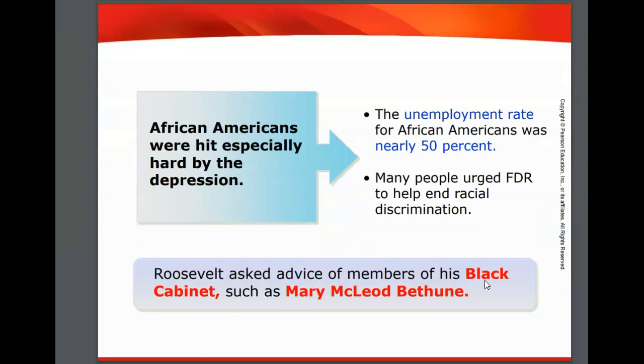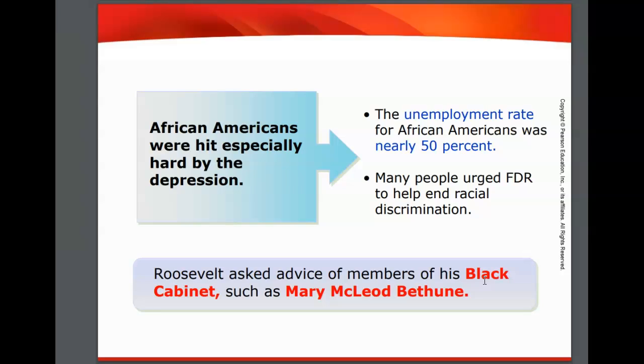All right, moving on. Next group that was largely affected were African Americans. If you recall, when the Depression hit back in the early 30s, African American workers were often the first ones to lose their jobs. By the mid-1930s, remember I told you the unemployment rate was as high as 25%? That was the overall unemployment rate. But among African American workers, the unemployment rate was almost 50%. One out of every two African American workers were unemployed. And that was about twice the national average.